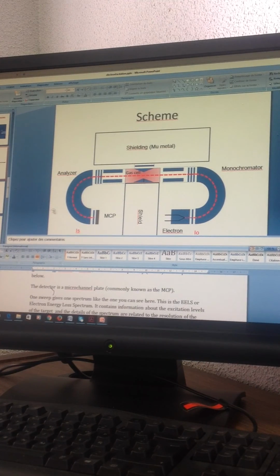So when you do one sweep, it is an electron with the analyzer, which gives you